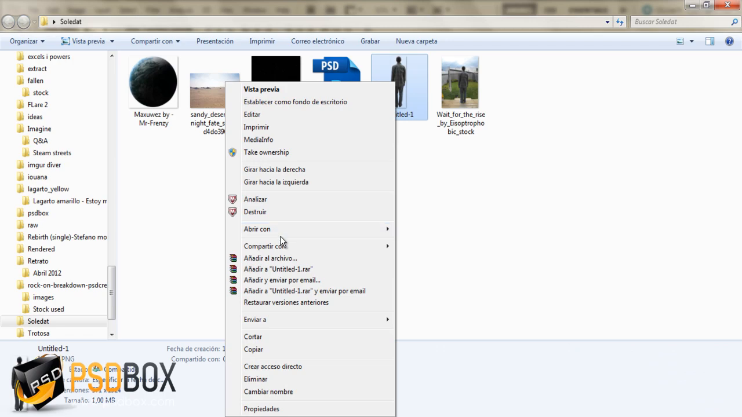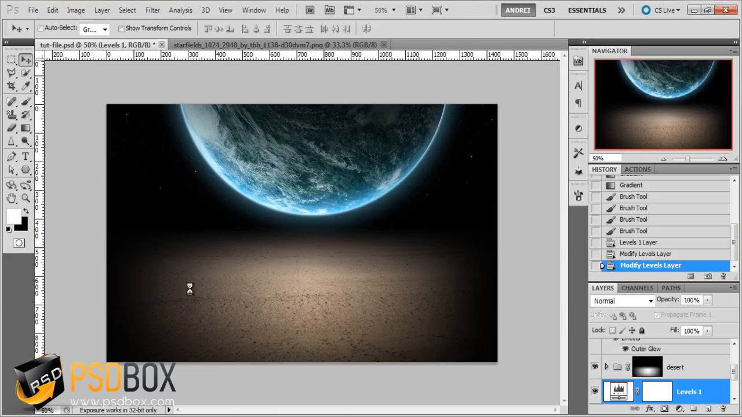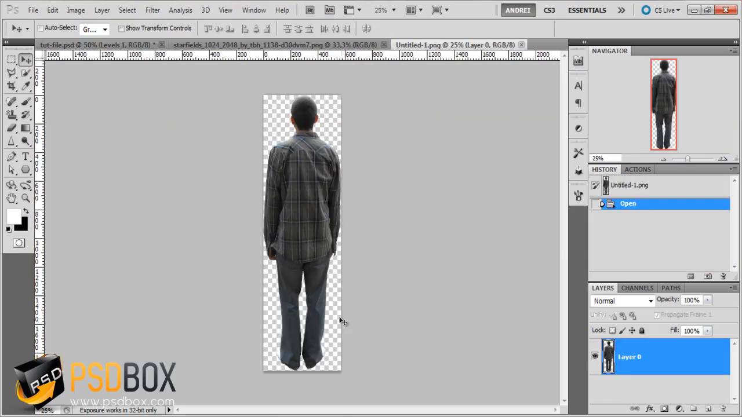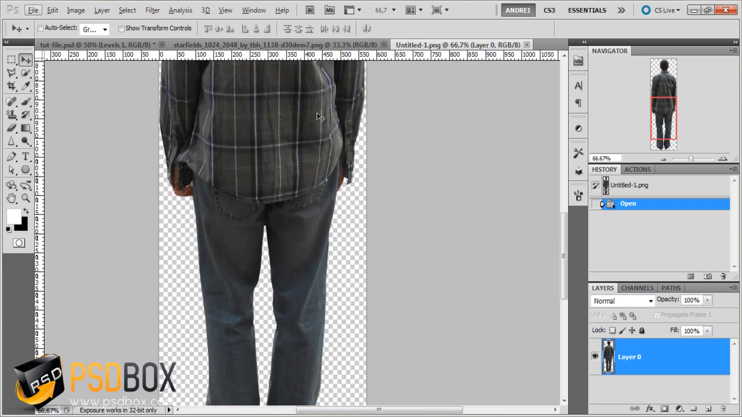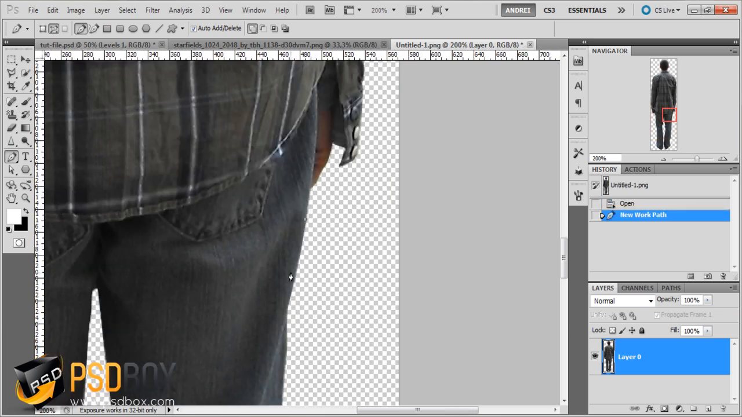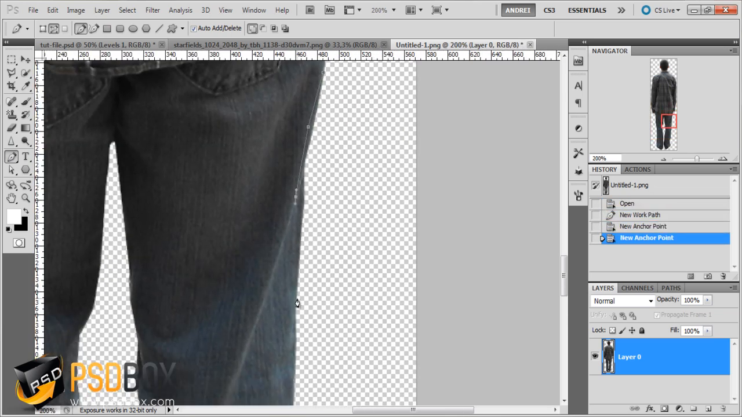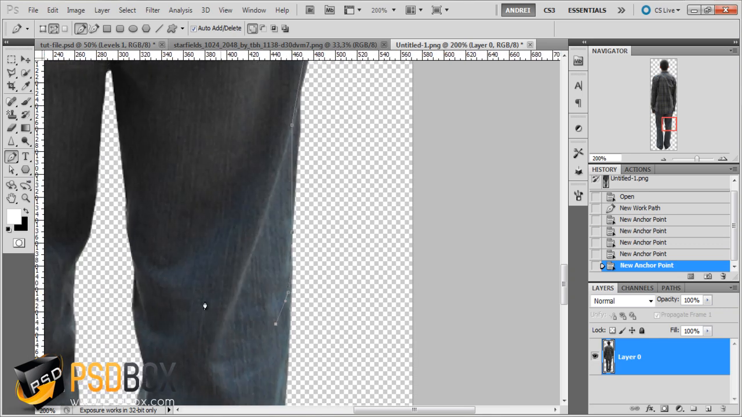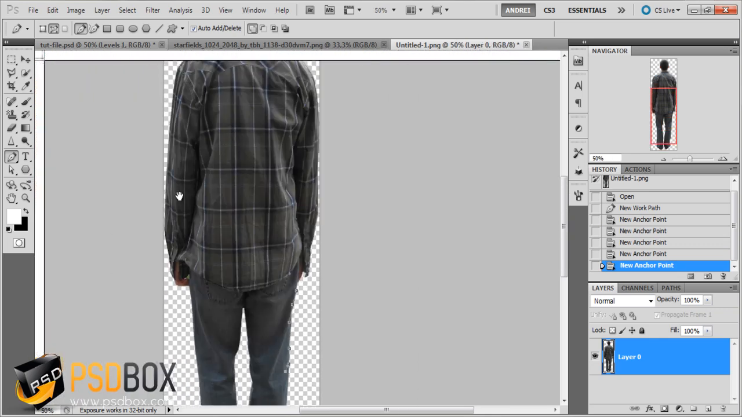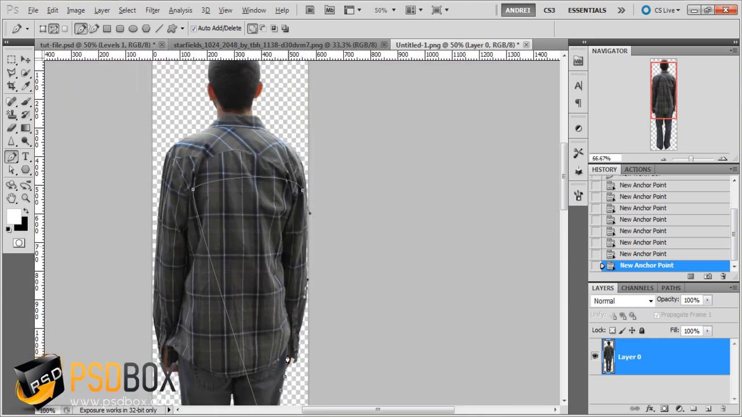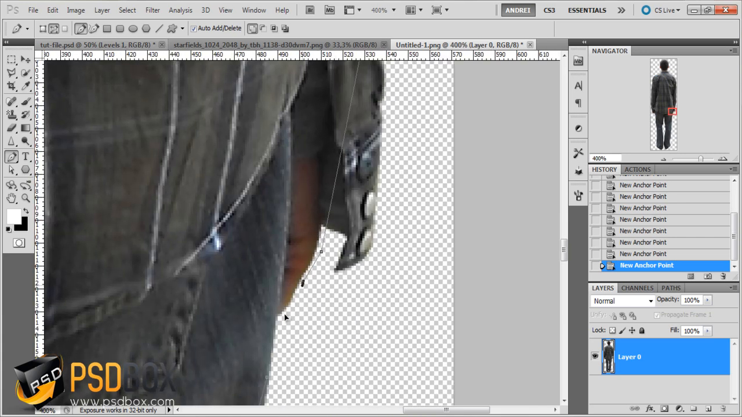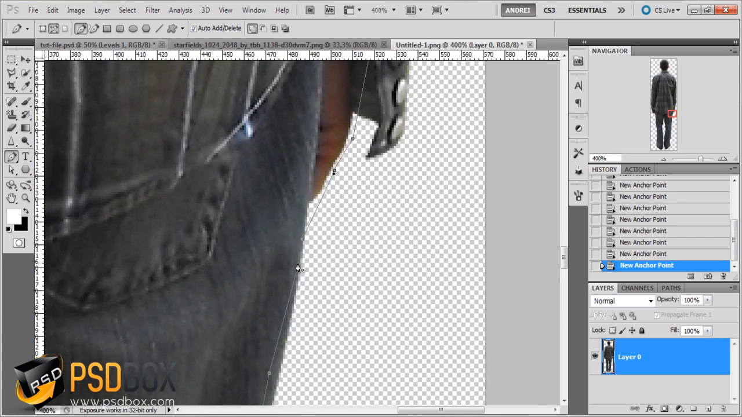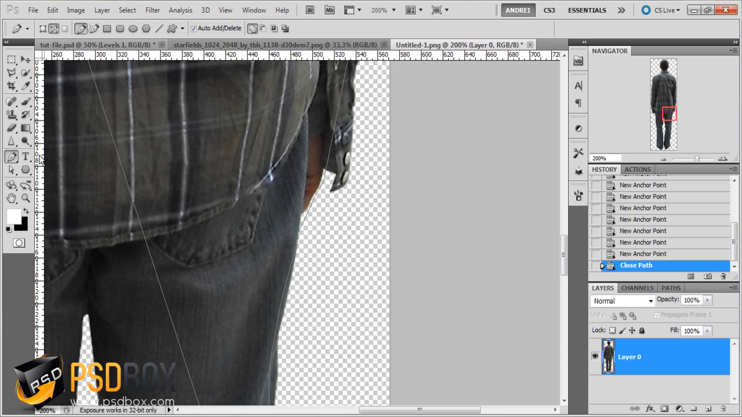Open it with Photoshop. Obviously you would open the original stock image, and the way I extracted this from the background, as I said, is using the pen tool. Trace a path around the man, just like that. Then when you go around it and come back, just close the path like that, and with the pen tool still selected,